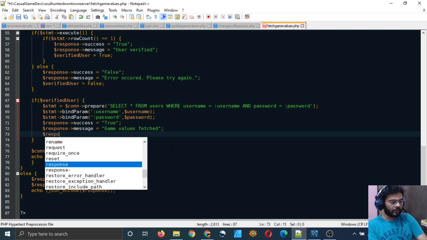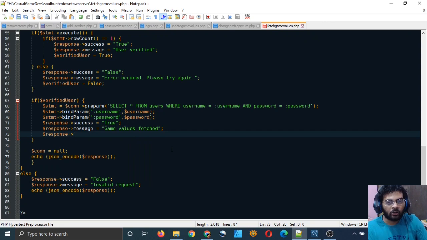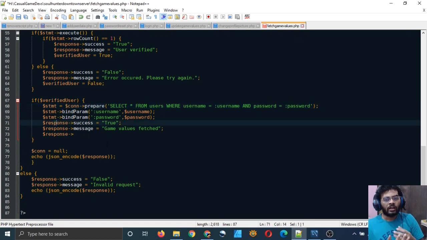So now I will write the names of all my fields which are important in the game. We have fetched all the columns from the database, but I don't want to send all the columns to my user, right? In $response variable I am putting only those messages and those data that I want to send to the user. I do not want to send them their user ID or password or username, because they know their username. Why will I send them? And I don't want to send them record creation time, because they don't have anything to do with that.